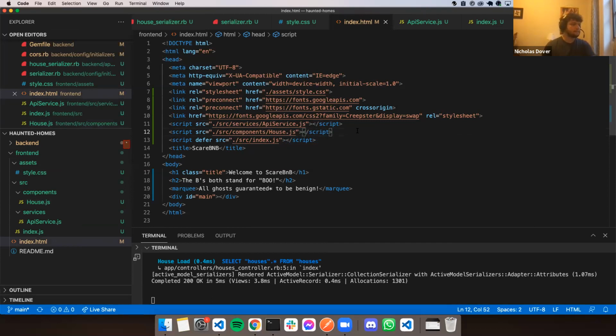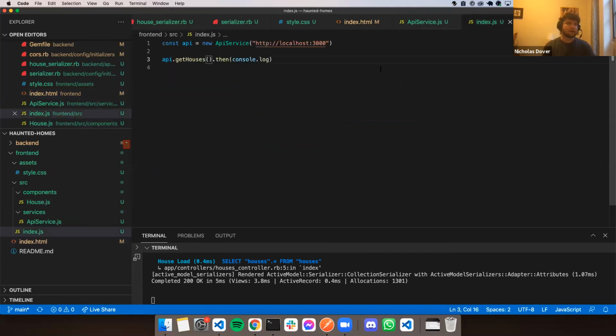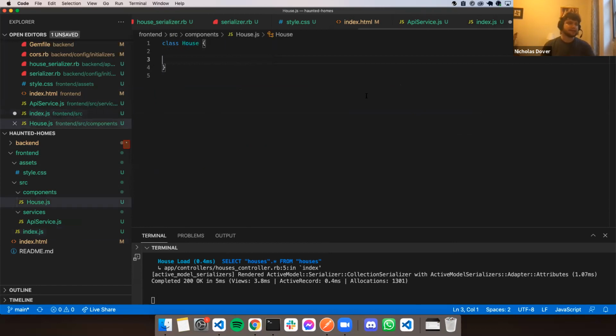And then here, I'm actually going to start thinking about how I want to get these houses and then render them. First off, this call, I kind of want to not be just some manual code in my index.js. I'm going to instead create a static getHouses method. And here I'm going to call API.getHouses, then